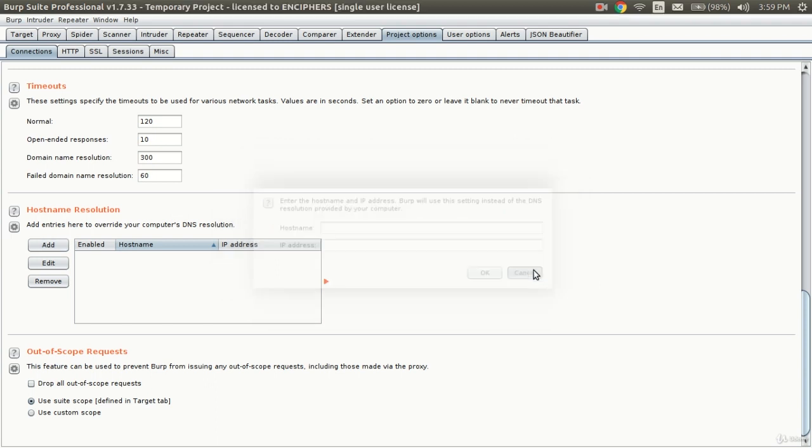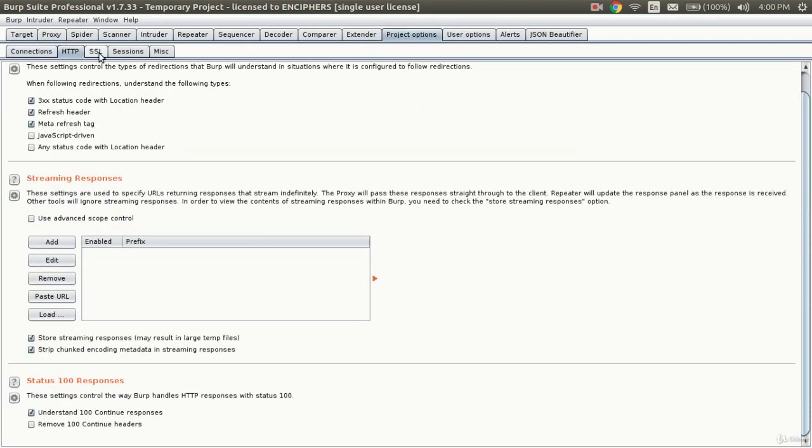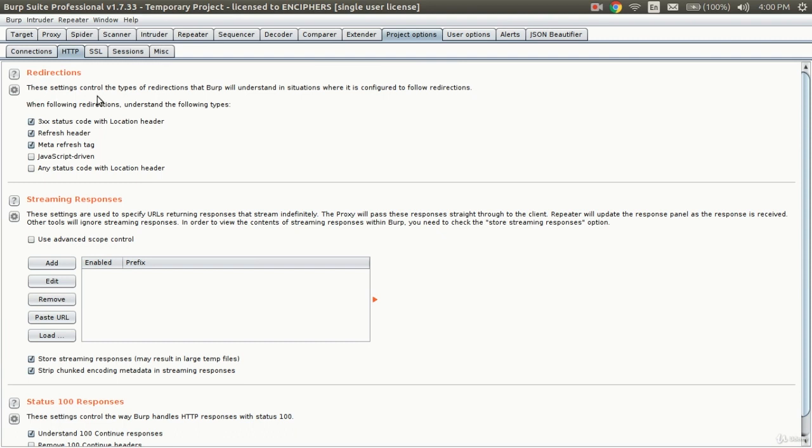Just that. And the out of scope requests setting makes sure that Burp guarantees no requests are sent to out of scope targets, and even if your browser sends requests to out of scope items, those requests will be rejected by Burp. This was all for project and user options, but there are more subtabs to it. There is the HTTP one, then streaming responses, and redirections in the HTTP sub tab. In the redirections you can just